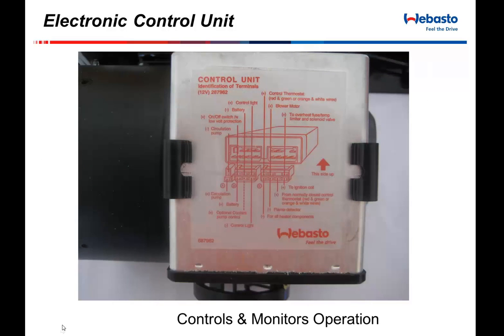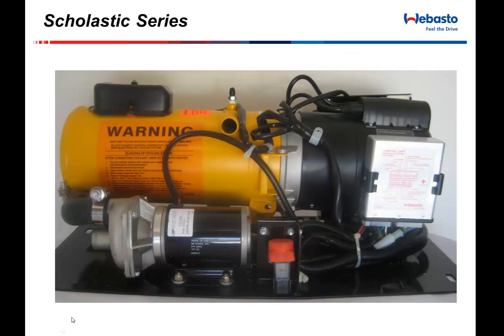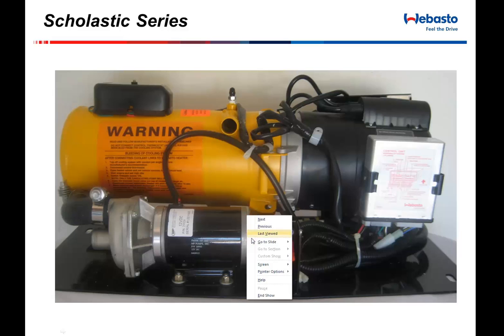If we look at how this thing actually operates, there's an electronic control unit that sits right on the front of the unit, and it tells each individual function when to happen and how to happen. There are 3 wiring plugs that go into the bottom of this thing. All 3 plugs are of different sizes and different shapes, so it's impossible to incorrectly wire or hook it up. That control unit, as I mentioned, does all the operation of the heater. When you first turn this product on, that control unit will send a signal